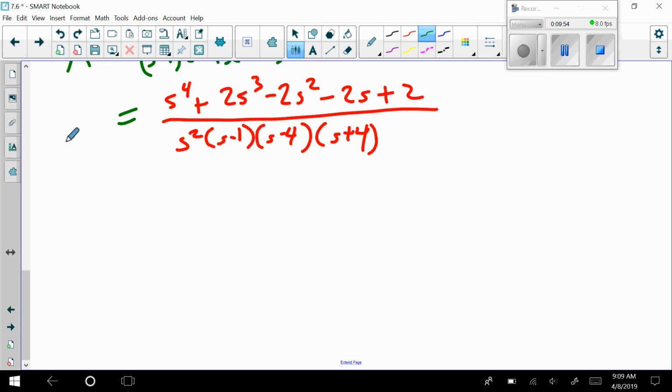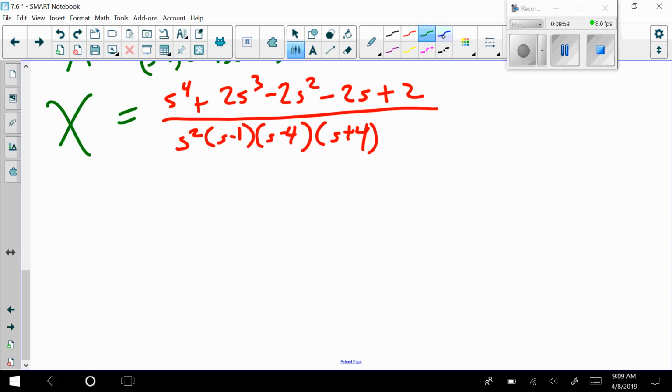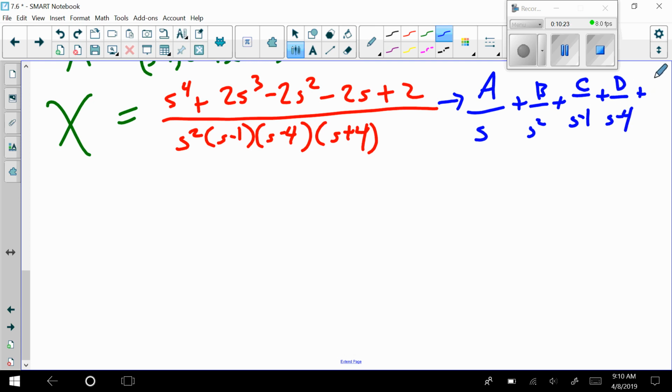We really are, because this is a big X, and I know the inverse Laplace of that is just going to be my little x. I just have to take this and break it down using my partial fractions. So I have A over s plus B over s squared plus C over s minus 1 plus D over s minus 4 and plus E over s plus 4, right? Which creates this auxiliary equation, right, of,